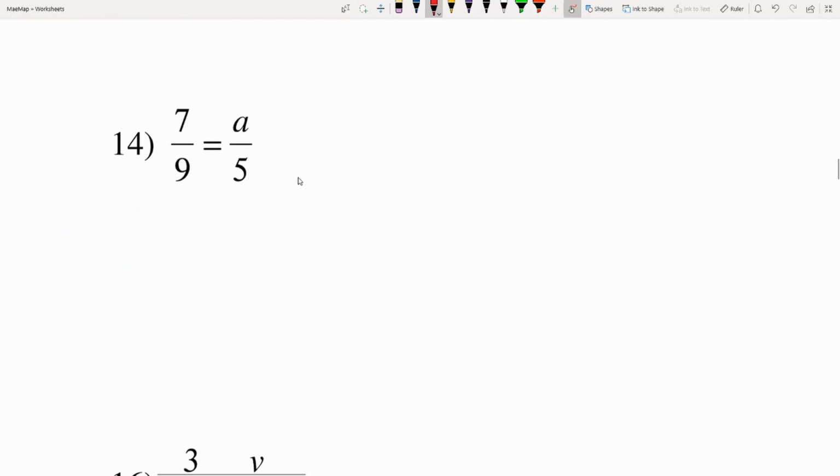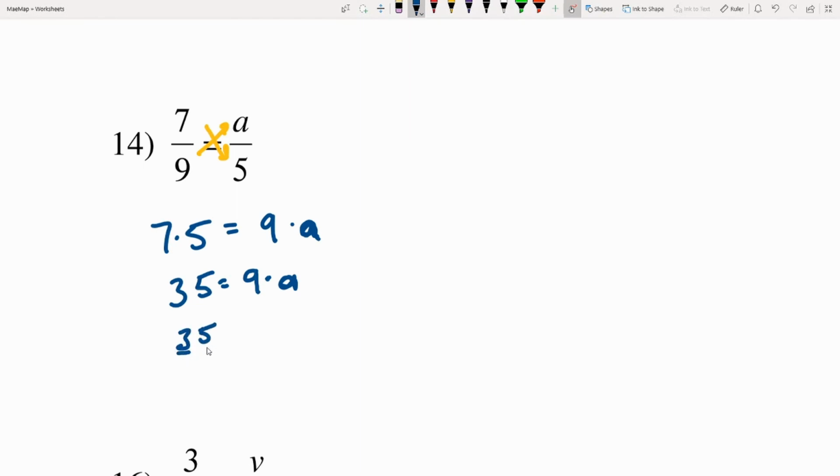Number 14, 7/9 equals a over 5. Well, there's not a nice way to go from 9 to 5 without getting decimals involved, so let's go ahead and do our cross-multiplying method. We'll do 7 times 5 and set that equal to 9 times a. 7 times 5 is 35, and if that equals 9 times a, well, that means that a is going to be equal to 35 divided by 9,